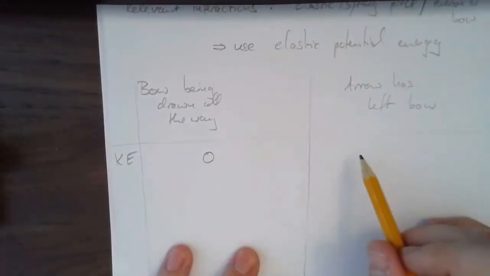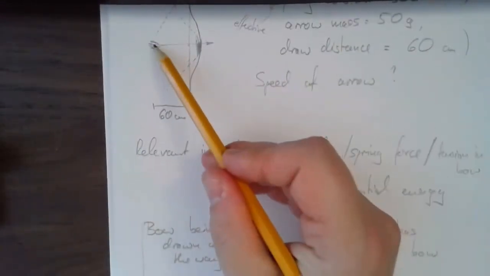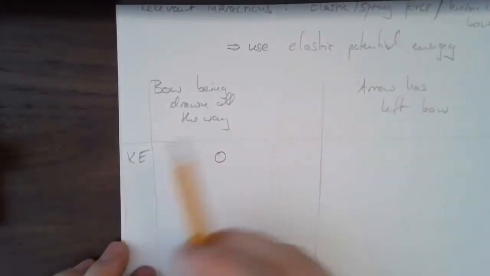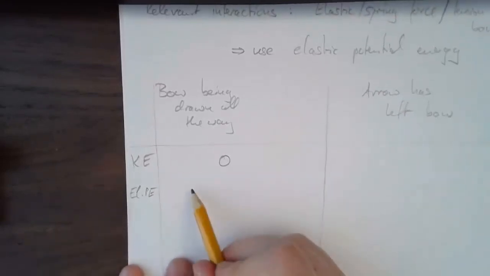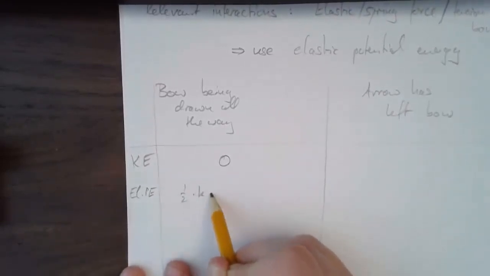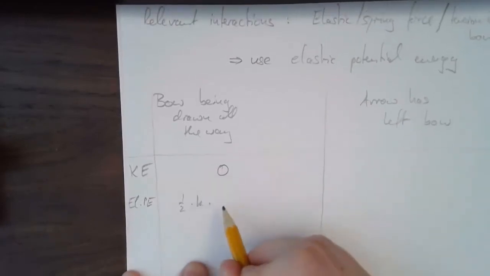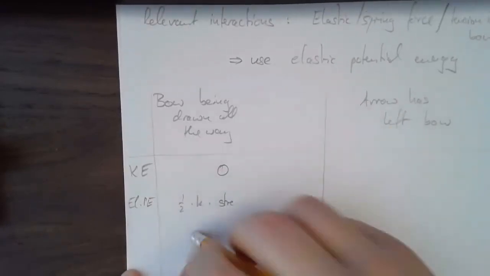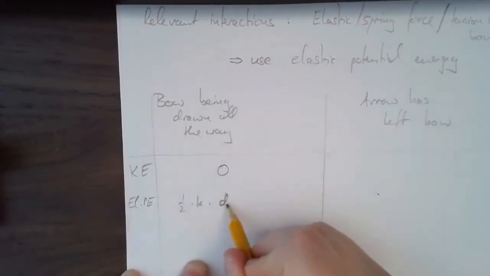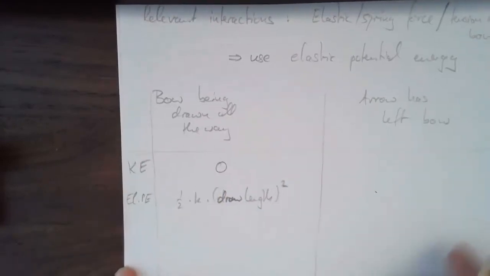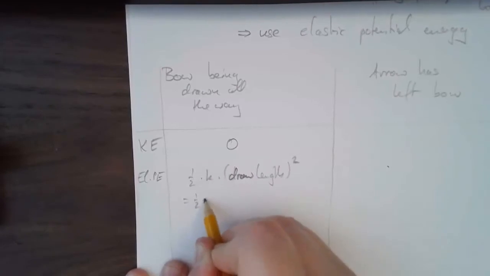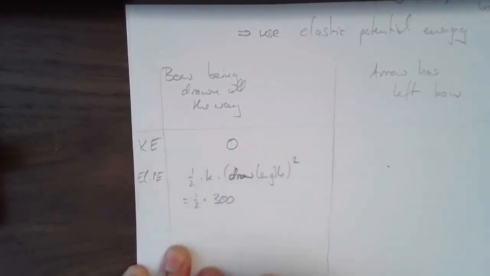Well, when the bow is all the way drawn out here, you're holding it, nothing is moving. So that is just 0. But initially, the bow is drawn by 60 centimeters. So for my elastic potential energy, I'm going to write down 1/2 times K times the stretch, maybe technically the draw length in the case of a bow, squared,